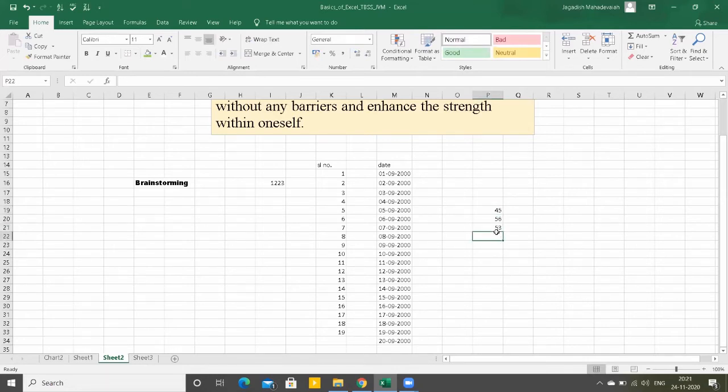That's it. So you have entered some random numbers. Now you need to calculate this, or you need to take the sum of these numbers. There are two to three methods. First method is you need to have an equal to sign before writing the formula. Then click on the particular cell which you need to calculate, that is 45. Then press the Control key, 56, 53.